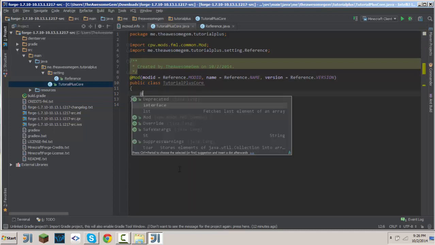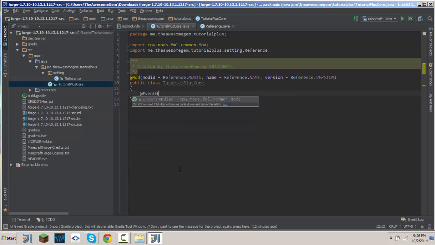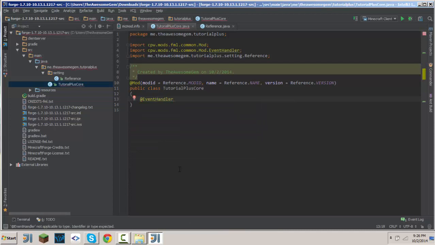To declare an event, we use the annotation @EventHandler, only for the core events for the main class, which has the Mod annotation. And so we can name this method anything we want. I'm gonna name it onInit,